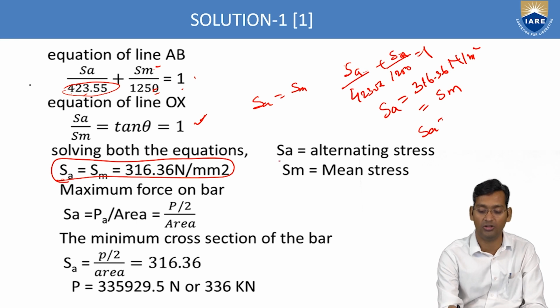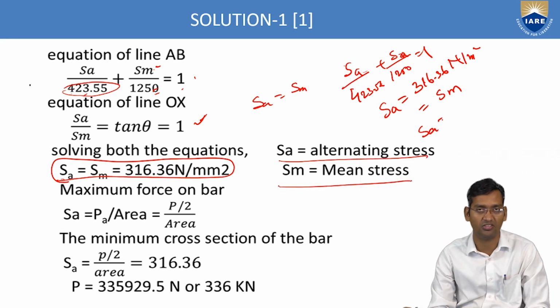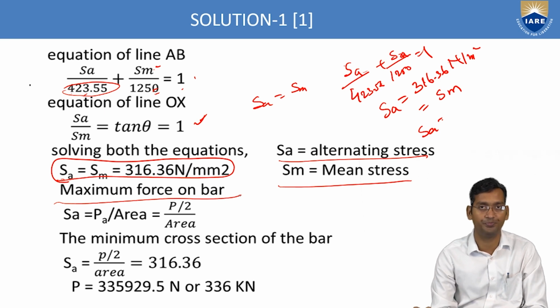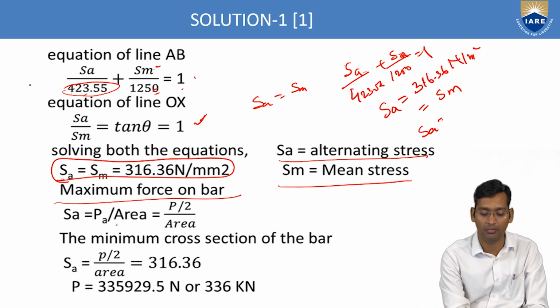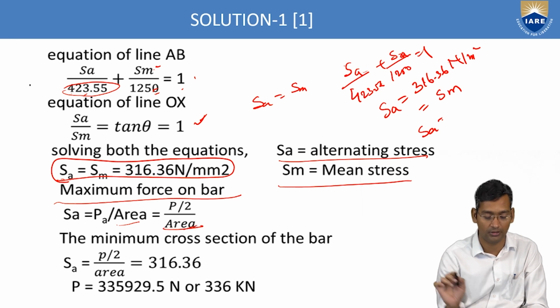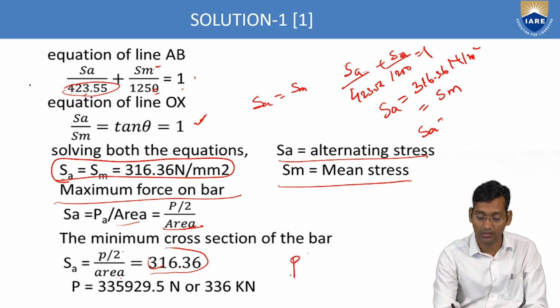SA is the alternating stress that you already know, and SM is the mean stress. Now we have SA, alternating, and mean. Now the maximum force on the bar. Right. So SA is PA by area, alternating. So PA, how much did we get? 1 by 2 P, or half P, or P by 2, by area. Now area is left. So SA equals P by 2 by area, that is equal to 316.36. So now from here, what will be the P? P by 2 into area equals